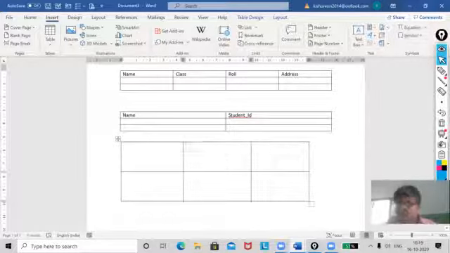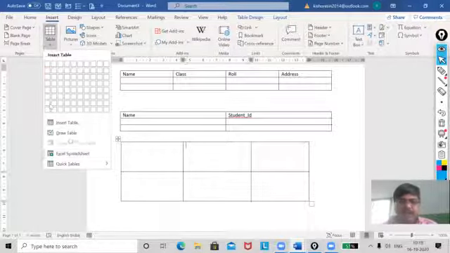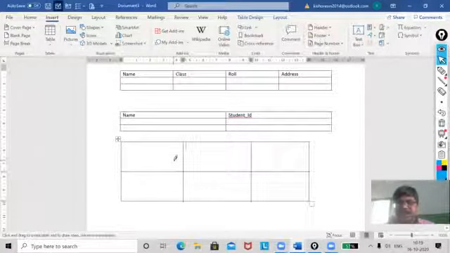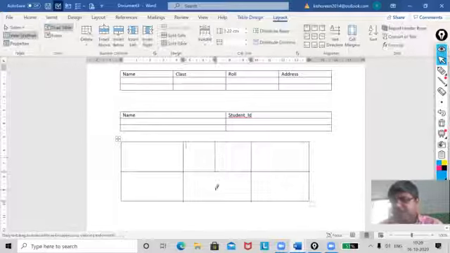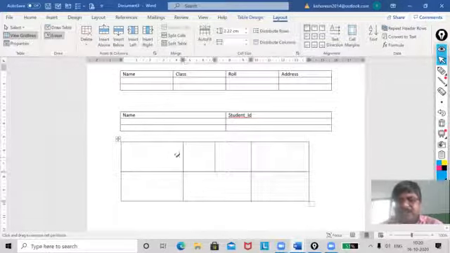So what you will do is click on table, draw table is there. First of all, if you are starting, then you make someone so that the eraser will appear. Once you get the eraser, you can erase it.